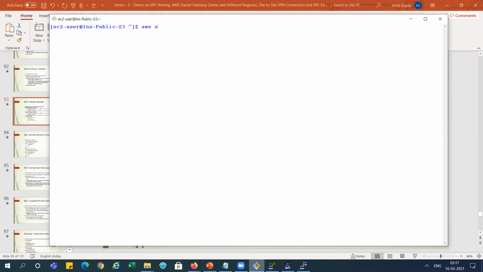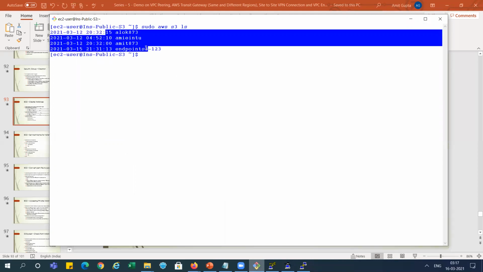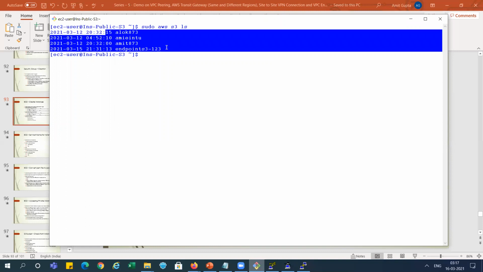AWS, I think we need to take sudo, right? AWS S3 ls. We can check the list. It is connected to S3 because it is already on the public IP, right?